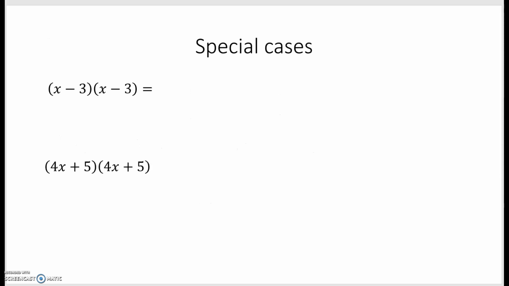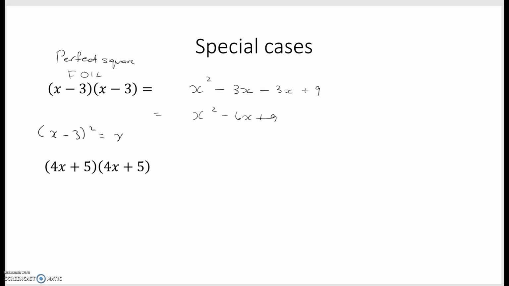Some special cases, if you remember, this is an example, or they both are, of a perfect square. And if you remember again, if you use FOIL, first, outsides, insides, last, it's x times x, which is x squared, minus 3x minus 3x plus 9, which is x squared minus 6x plus 9. Now doing it properly means you're not tempted to write that x minus 3 squared equals x squared plus 9. That is wrong, okay? That is a big wrong,